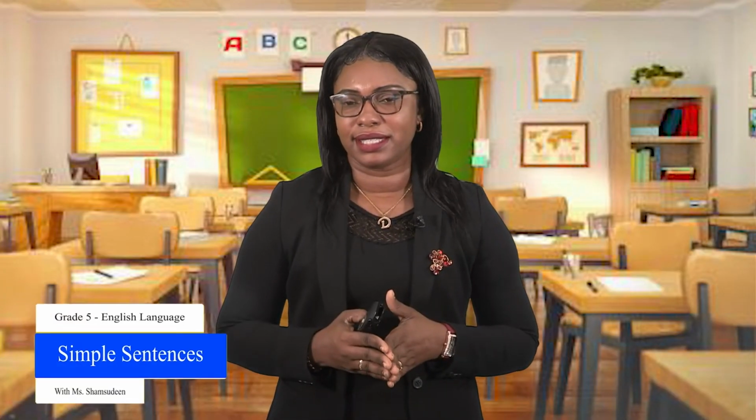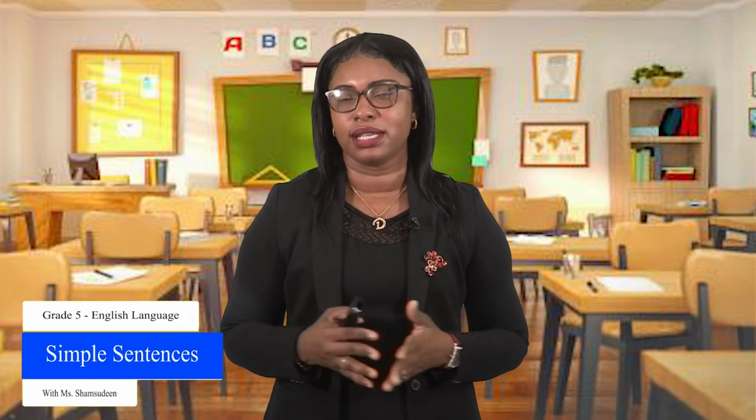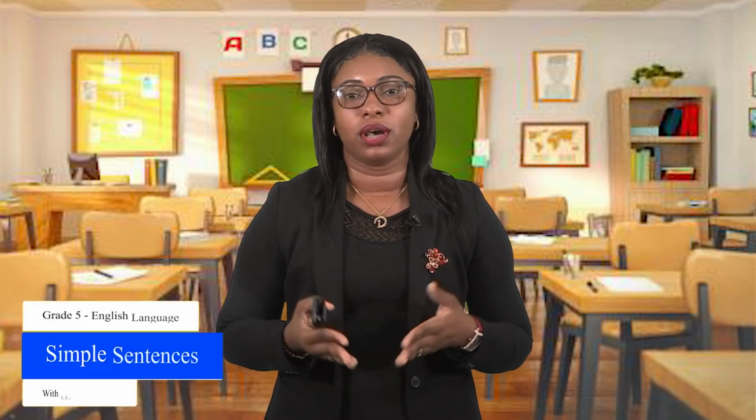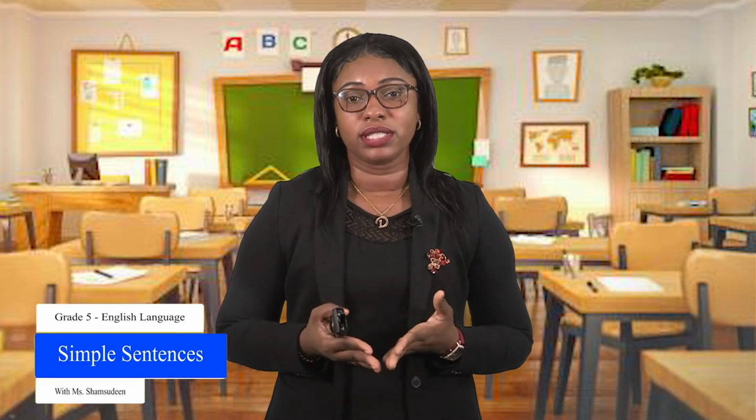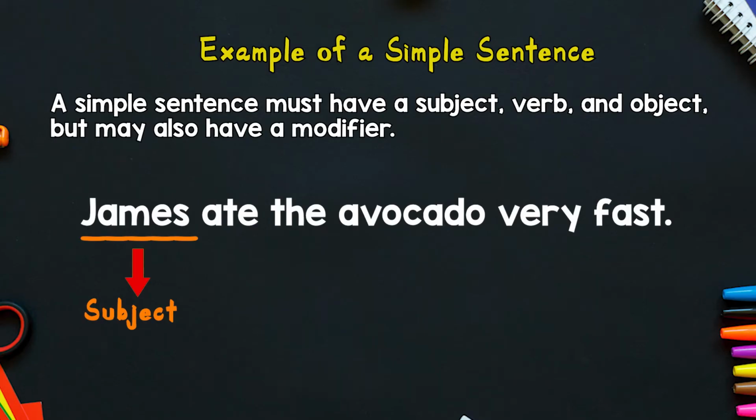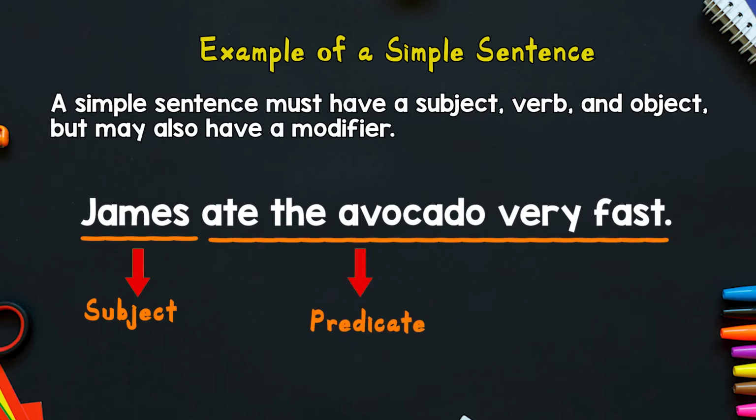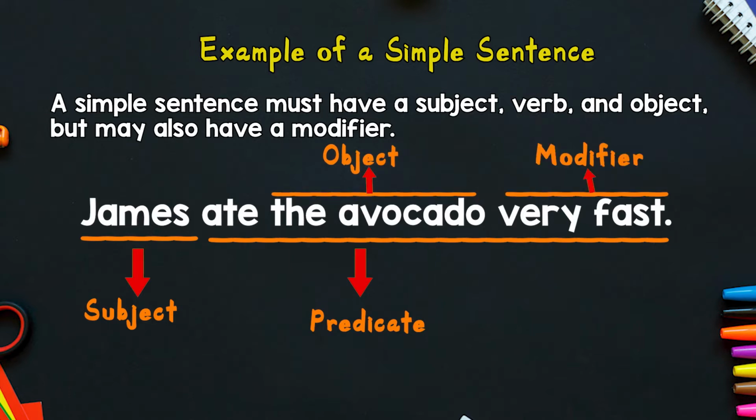Now, when we look at that sentence, as a whole, it makes sense. It is telling us something about our subject, who is James. So, James in this sentence is the subject. It means that this sentence is based on James. Now, what about James? He ate the avocado very fast. So, ate the avocado very fast becomes our predicate, the avocado being the object, and very fast, if you look, being the modifier, because it just tells us